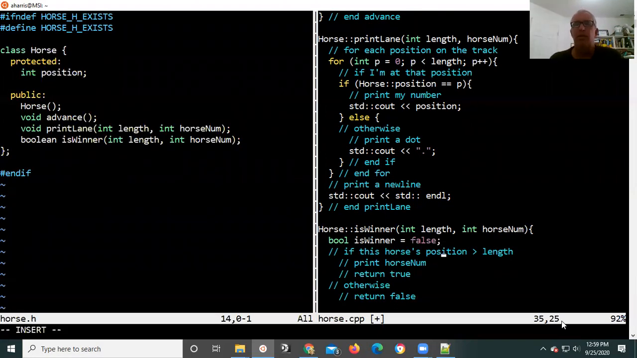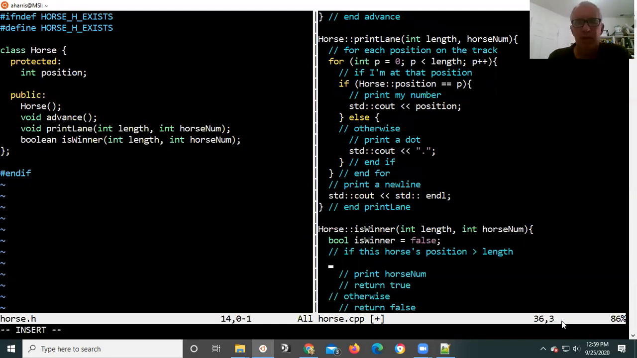Now we could do this. The algorithm is almost code, isn't it? If horse position, or since there's no ambiguity, I can just say position. If position is larger than, maybe larger than or equal to, we'll try that. We could be wrong on these things. How much is that going to bother us? Not. Okay, so standard cout